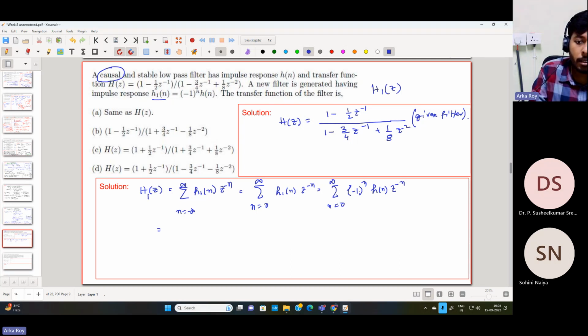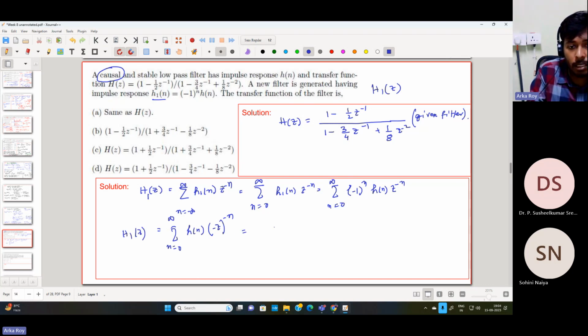If I combine this minus 1 to the power n with this z, it would be minus z, so z to the power minus n becomes minus z to the power minus n, because effectively it will give you minus 1. So I can write it as the sum for n equals 0 to infinity, and that is H of